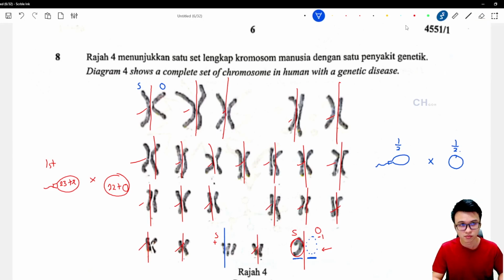Okay. So sperm now should have a normal chromosome number, and the ovum should have an extra one chromosome. So you can just play around with this kind of stuff. As long as the sperm and ovum mix together, they will get you this kind of set number of chromosomes. Then it should be correct already.